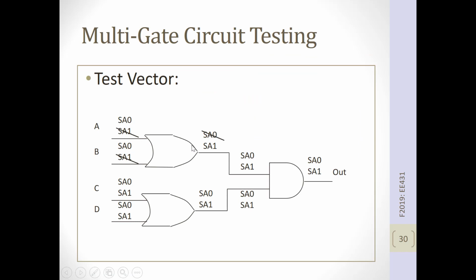Testing for a stuck at 0 on the inputs gets rid of a stuck at 0 fault. Also test for a stuck at 0 fault on the output. And then you can do the same down here. Okay. And then for the AND gate,